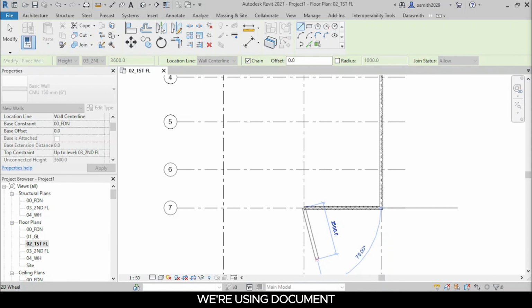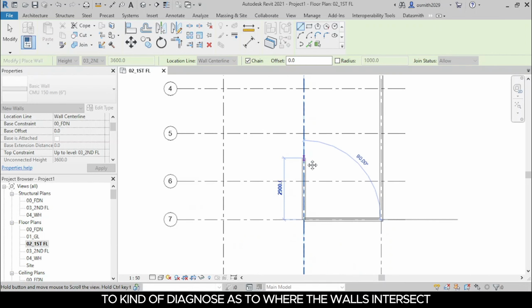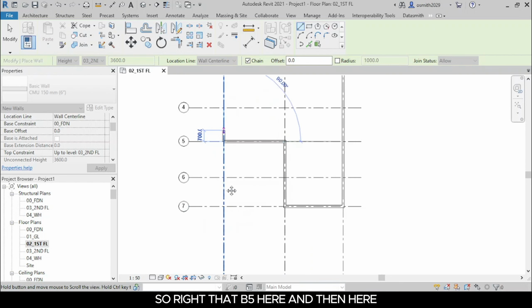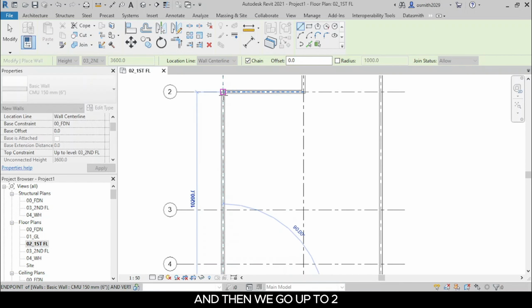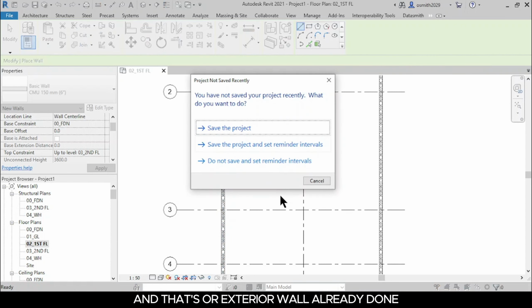Right, so we're using the document to kind of guide us as to where the walls intersect. So right at B5 here, and then here, and then we go up to 2, and that's our exterior wall